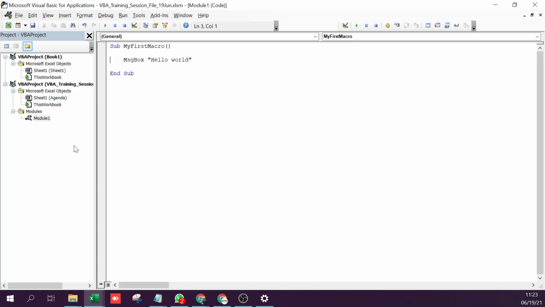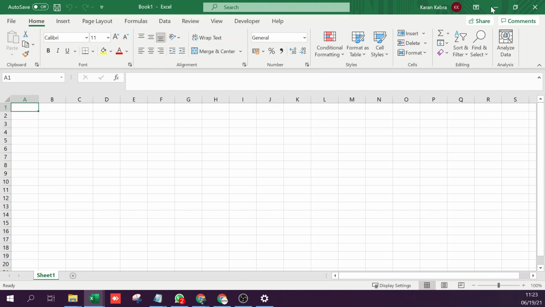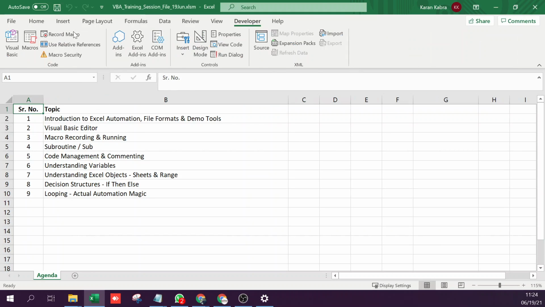So I'll run it from Excel this time. And you can see a save button here, right? When you click on save, it is not going to save this macro as a separate file. This is going to be a part of your Excel XLSM file. So if I save this, it will save my entire file, right? And there's no need to save it from here. I can just close it. The code would still be there till the time this file is open. Sorry, this is the other file. I'll close this file. Yeah, this file. So I can save it from here and my code has got saved. No need to save every time in the VBA window, the Visual Basic Editor.